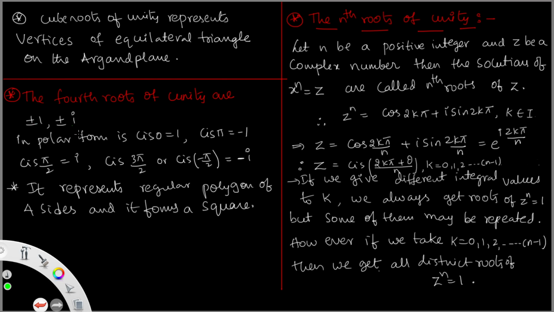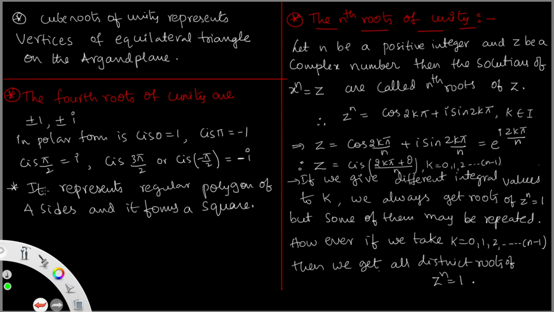In this polar form, cis 0 is 1 of the roots and cis pi is -1. Cis pi by 2 is i, and cis of 3 pi by 2 or cis of minus pi by 2 is minus i. That is in the polar form. By drawing the figure of this representation of the 4 points in the Argand plane, you get the values for 4 sides, all are equal,